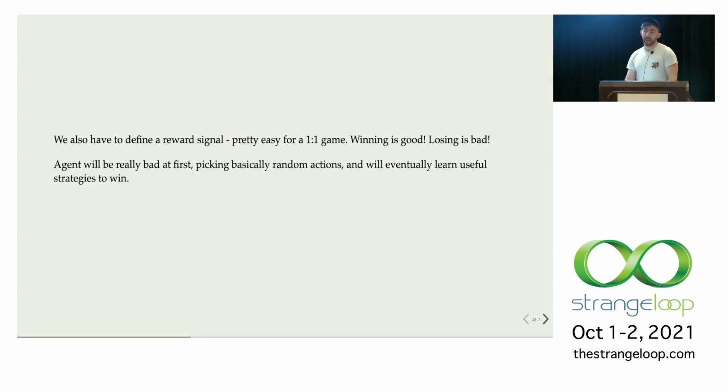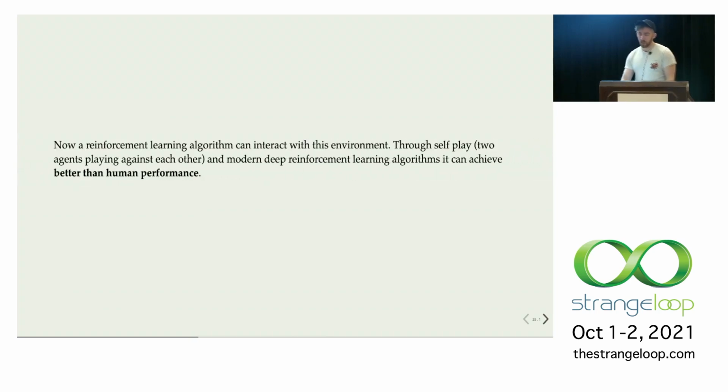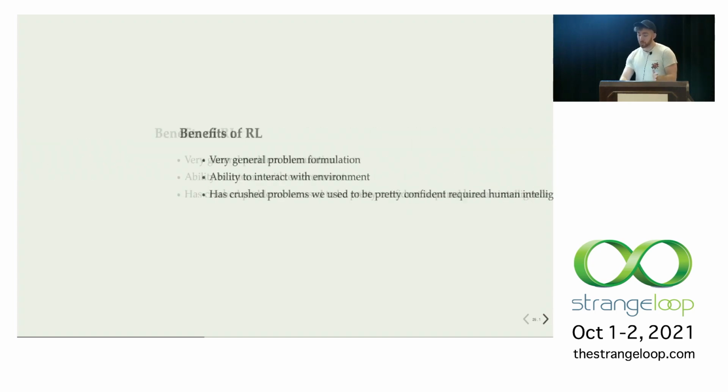So the agent will start very bad. It'll pick moves essentially at random. But as it starts to play more of these games, it'll start to correlate certain versions of its environment and certain actions it's chosen that result in a win or a loss. It'll start to learn, oh, when I do this, I win in this situation. That's great. So with all that set up, you can take your pick of any deep reinforcement learning algorithm that has been made in the last couple of years. Through self-play, take these 2 agents, they play against each other. You will, in 3 hours on your laptop, have a greater than human player at Connect 4, which is cool, not as cool as hacking.